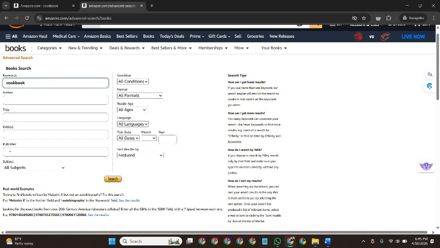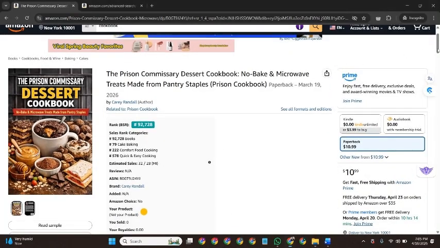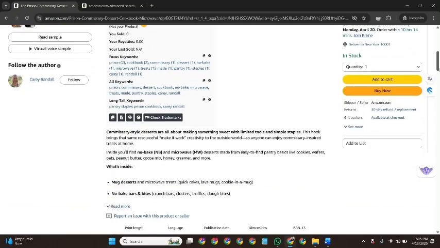Then the author's name, leave it. Publisher, just put independently published here. And the reason why you are putting it here is because, let me come to this Amazon Marketplace and quickly show you something. All right, so the reason why you need to select independently published is because you don't want